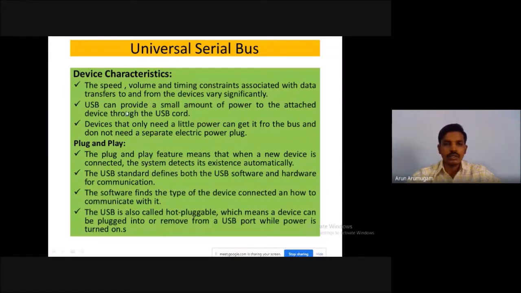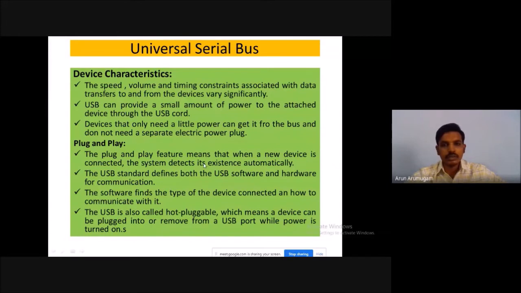USB can provide a small amount of power to the attached device through the USB cord. Devices that only need a little power can get it from the bus and do not need a separate electric power plug.